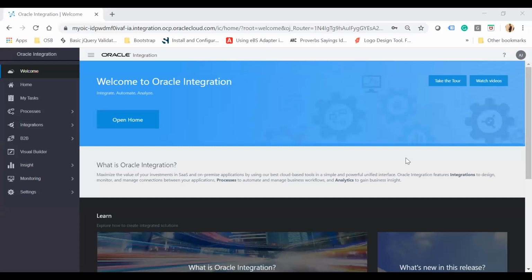Here we are. Here you see I have just logged in to Oracle Integration, and here you see integration, monitoring, and then settings. Under integration, you see integrations, connections, lookups, packages, agents, adapters, and then libraries. If you go back, you will see the monitoring dashboard, and under monitoring, you will see the usage metrics and